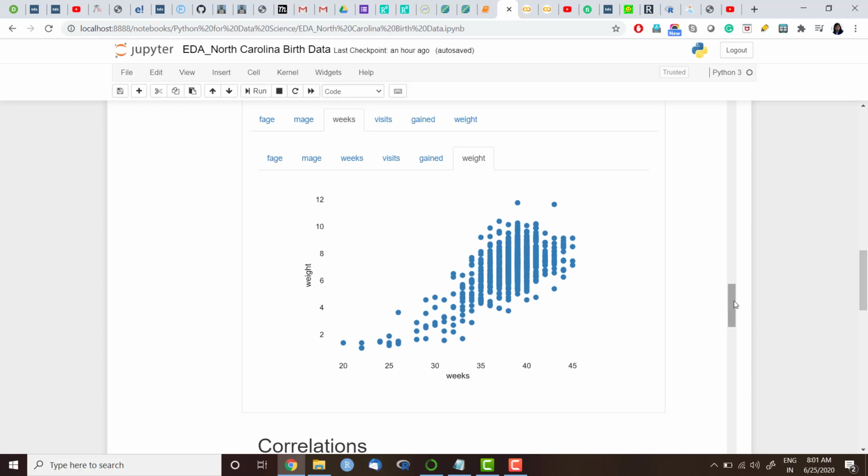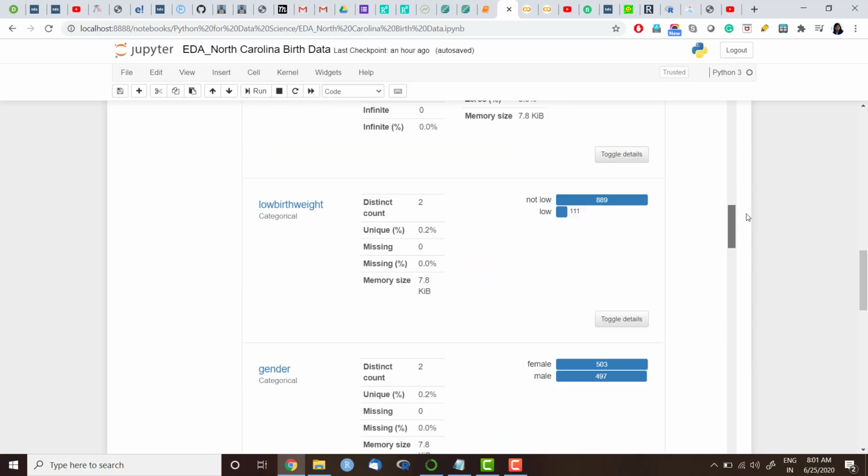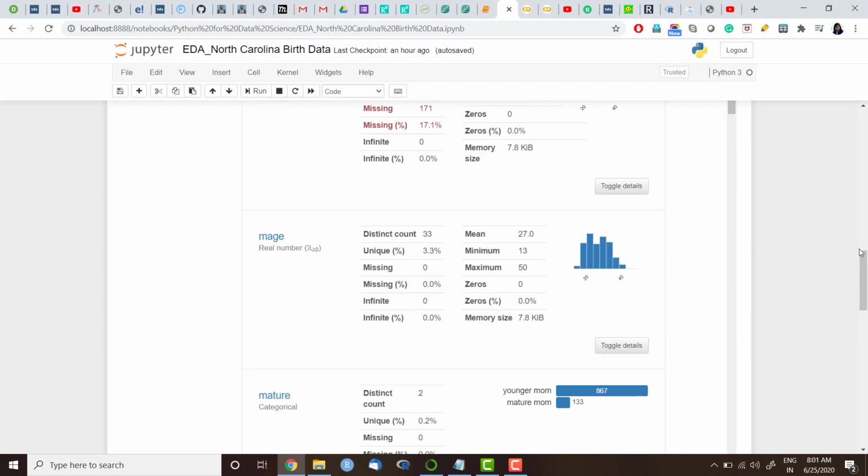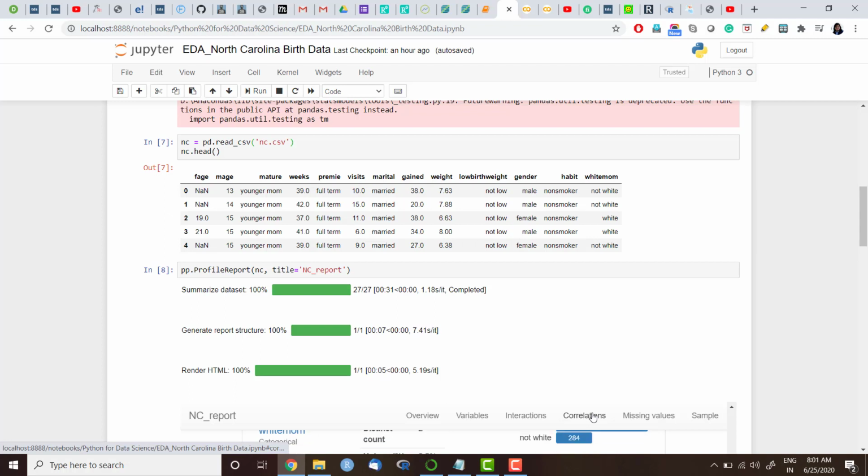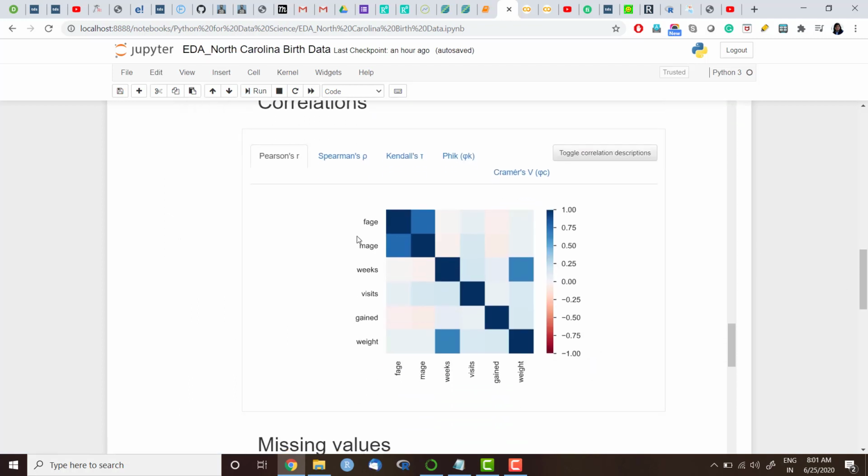Now let's look at correlations. You can scroll down also, and if you just want to look at correlation, you can just click here, you will get correlations. So here we have Spearman, Pearson, Kendall's. First of all, Pearson is a correlation measure which measures the strength and direction of a linear relationship between numerical variables. And obviously it lies between -1 and +1. Negative values are for negative correlation, and these are for positive correlation. Color here highlights the range of the correlation.